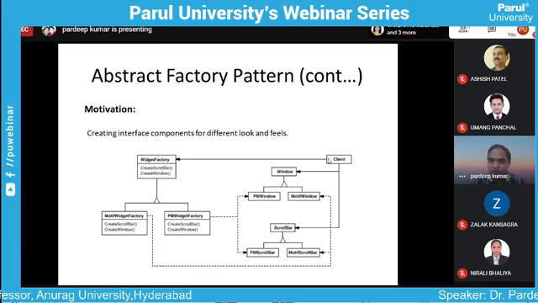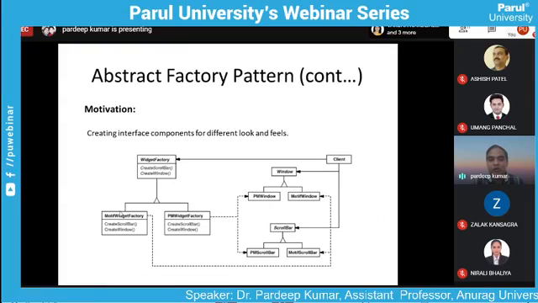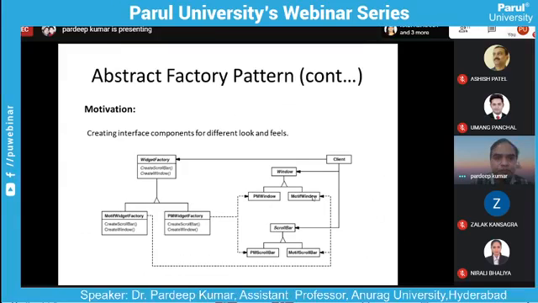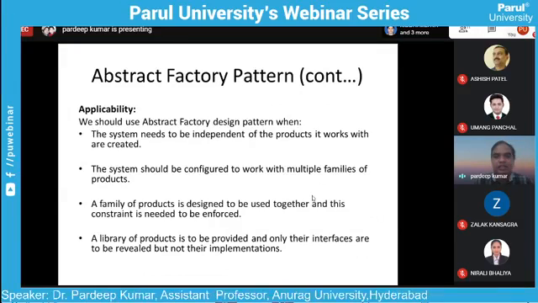If he's going to create the PM window, then through this PM widget factory, it is going to create the PM window and PM scroll bar. If we want to create a motif window, this motif widget factory is going to create the motif window and scroll bar. Then the applicability of the abstract factory pattern: we should use the abstract factory design pattern when the system needs